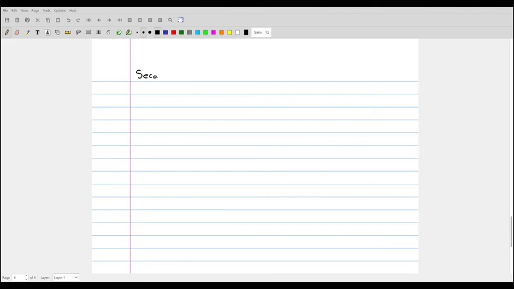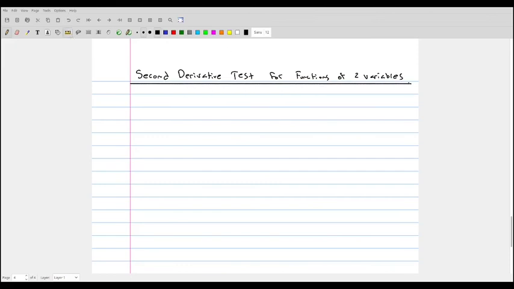So the second derivative test for functions of two variables says the following: that the function f of x, y and its first and second partial derivatives are continuous throughout some domain,